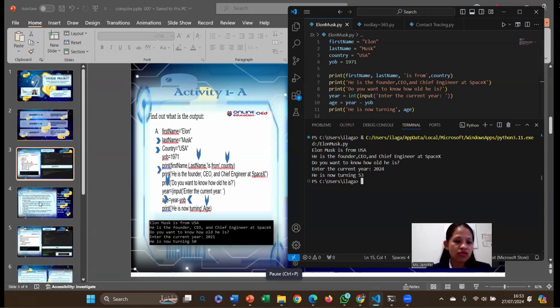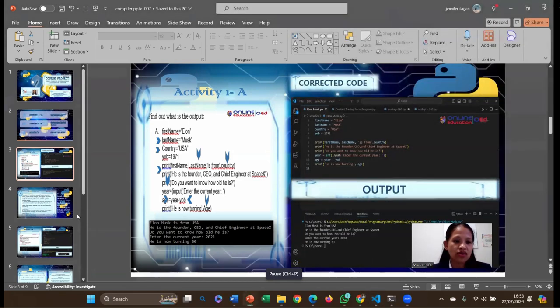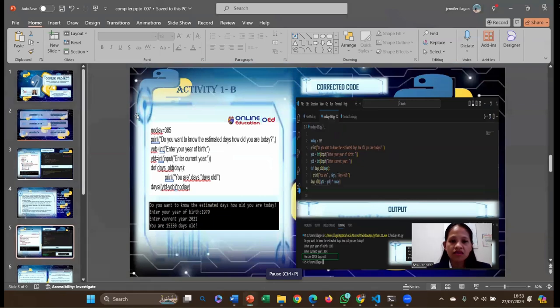So let's continue to our next activity, activity 1B. Okay, so with this provided code, it will not run correctly due to the several issues that show in here.